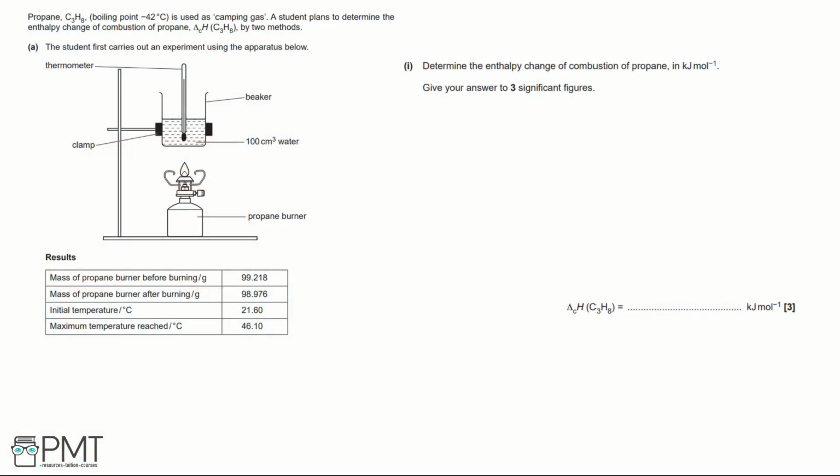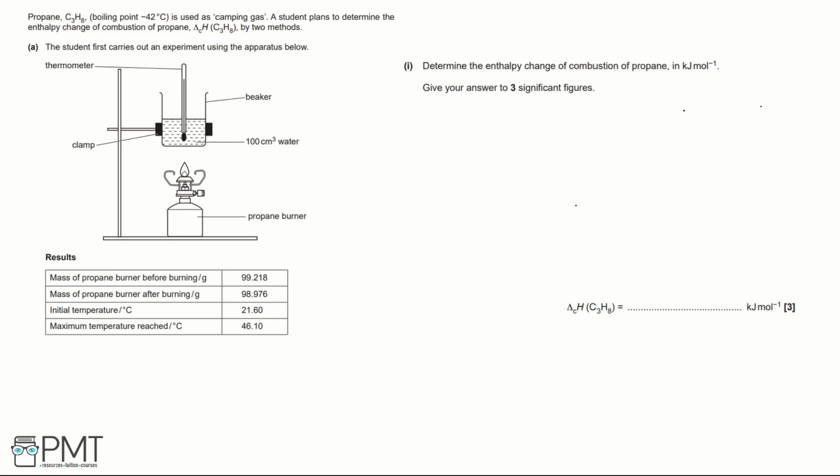Propane, C3H8, with a boiling point of -42 degrees Celsius, is used as camping gas. A student plans to determine the enthalpy change of combustion of propane by two methods. Part A. The student first carries out an experiment using the apparatus below. Part 1. Determine the enthalpy change of combustion of propane in kilojoules per mole, and give your answer to three